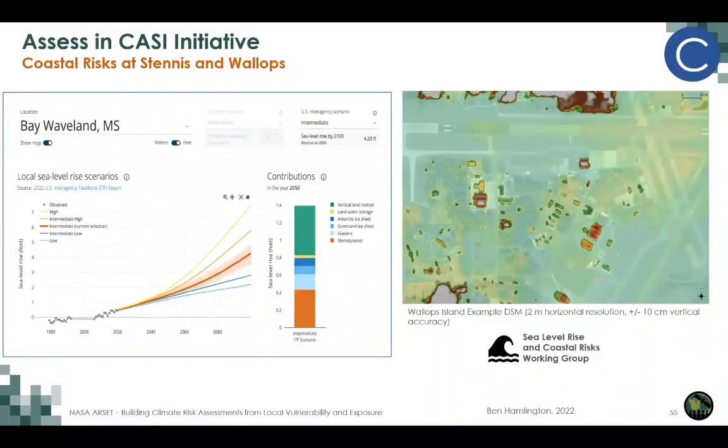The CASI Sea Level Rise and Coastal Risks Group are taking several different approaches to understand coastal risks at each of the NASA centers. On the left, you'll see sea level rise scenarios for Bay Waveland, Mississippi, which is near the Stennis Space Center. And what you'll see here are different scenarios that are used throughout the US planning assessment that are developed by NOAA. And you can see these projections moving up. In this case, under the selected intermediate scenario, the sea level rise by 2100 is 4.29 feet compared to the